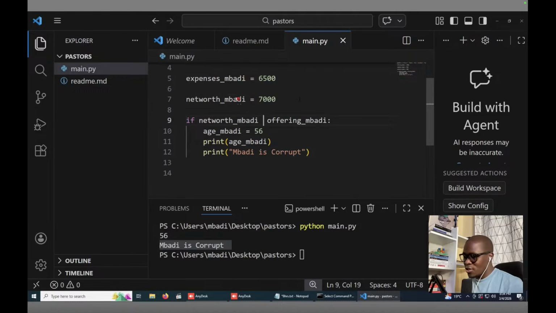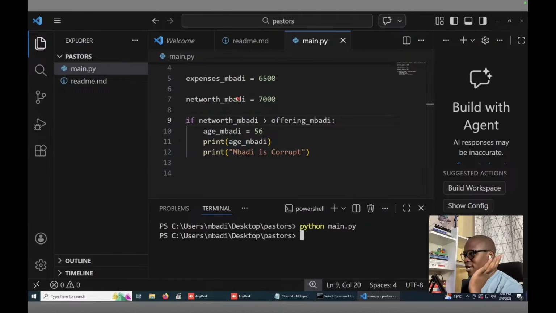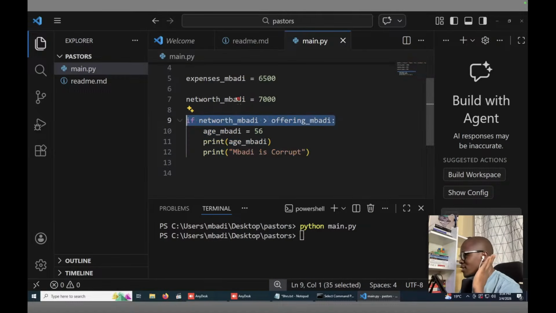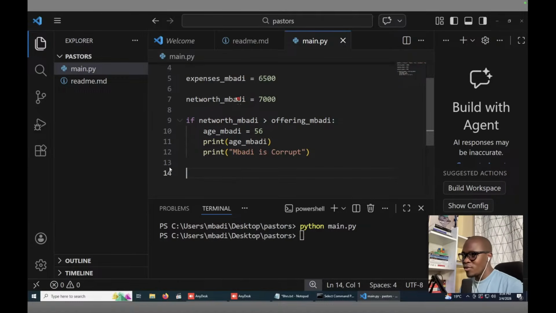Let's try to change this to greater than so that it can be false. And then we try to run our code again. Nothing is running because this is not being executed, because this returned false. But what if you come down here to the beginning of the line and say print